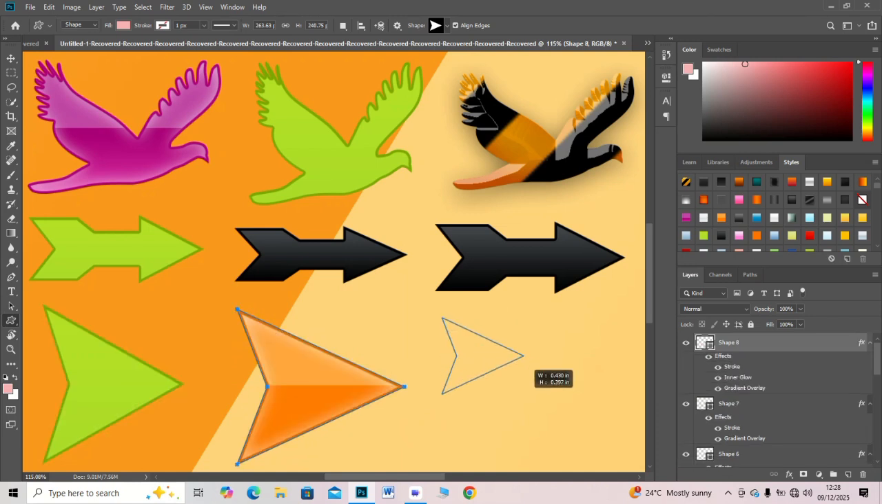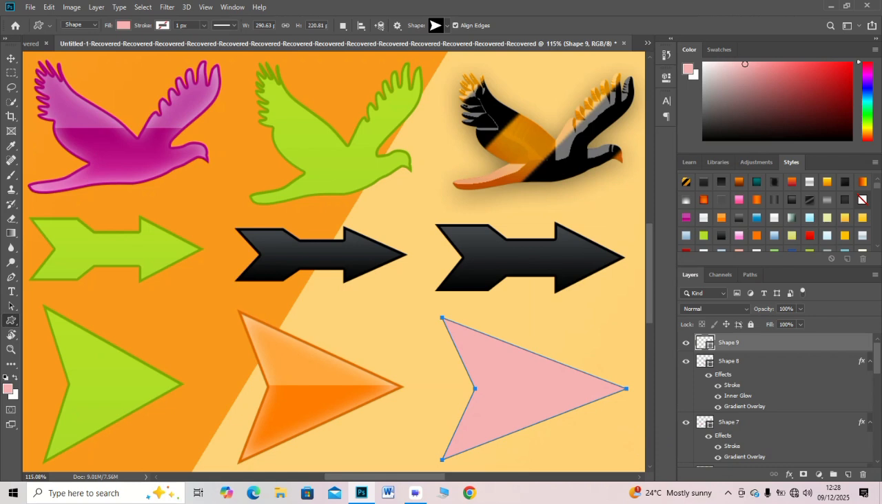Add minimal icon shapes for location, phone, and website. Keep spacing consistent for